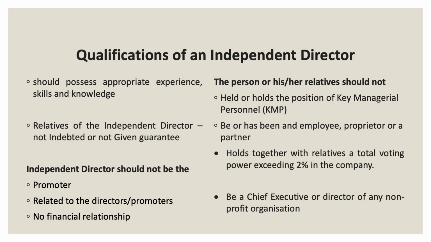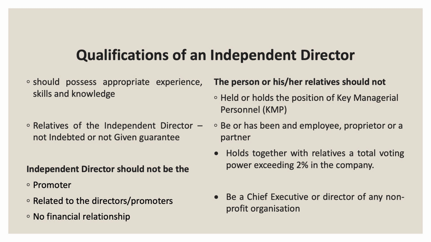And the relatives of the independent director shouldn't have given guarantee to a third party who has taken a loan from the company or from the holding company, subsidiary company, or the associate company. It is to be ensured that no guarantee is given by the relatives for any third party for an amount of rupees 50 lakh or more, either during the current financial year or during the